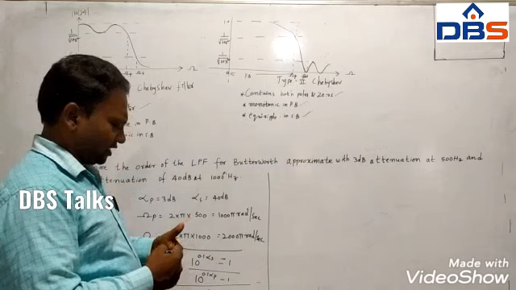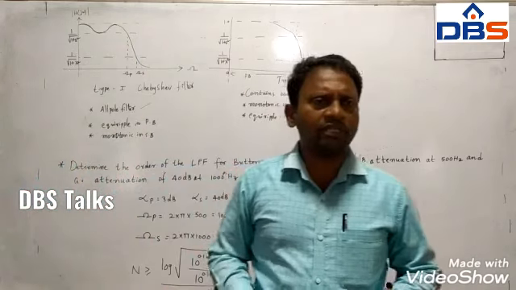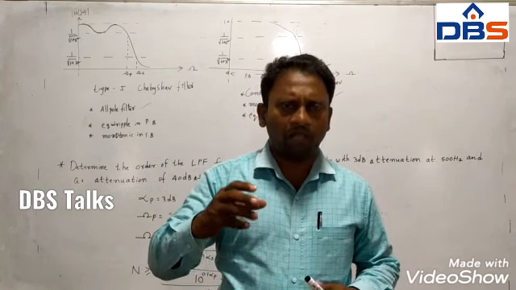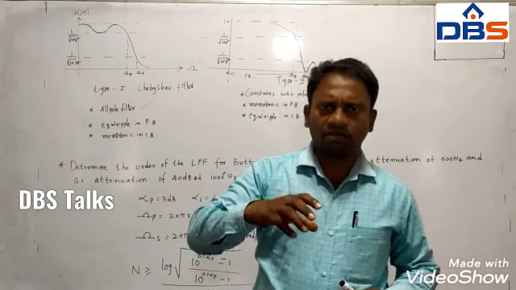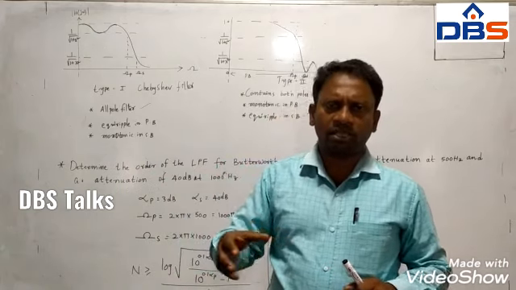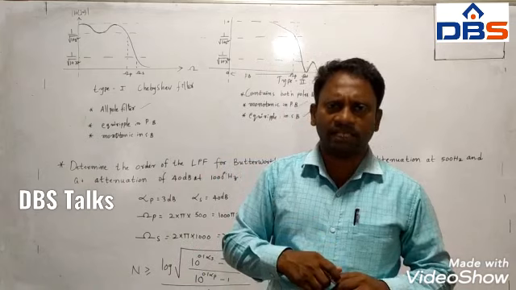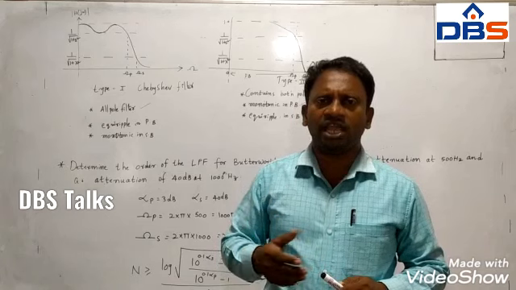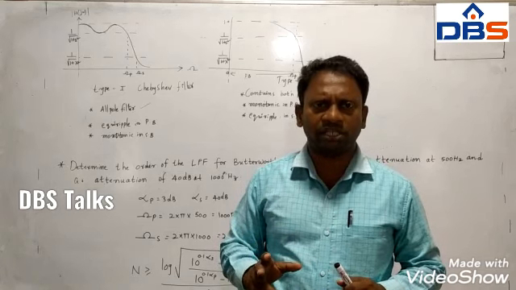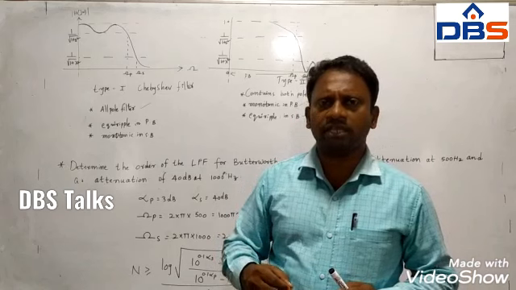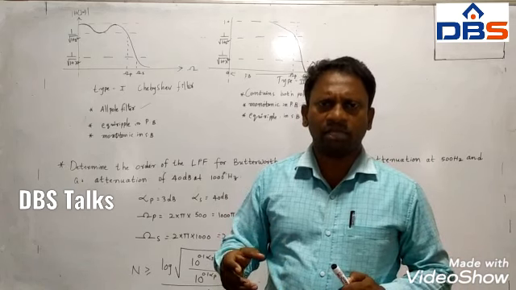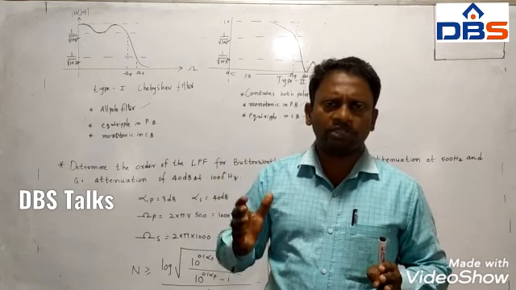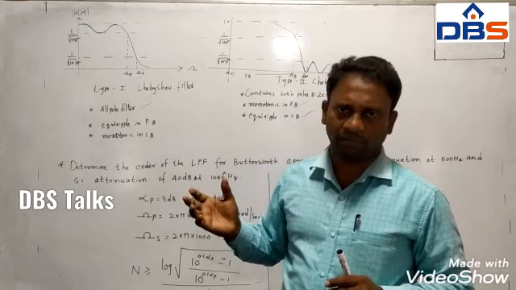And we have seen Butterworth filters. The difference between Chebyshev and Butterworth filters is that in Butterworth filters all the poles are present on a circle, whereas in the Chebyshev filter the poles are present on an ellipse. That is one of the major differences. Even if you work out the equation, you will get an ellipse and a circle. Ellipse for Chebyshev filter, and circle for Butterworth filter. So that is one.